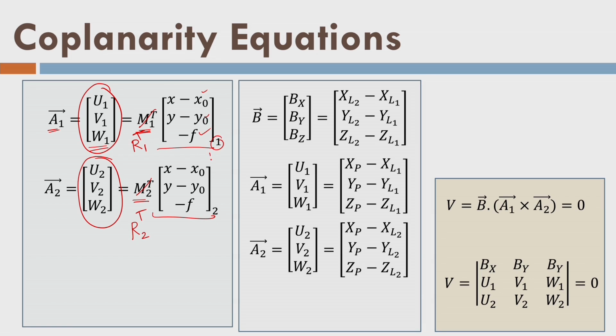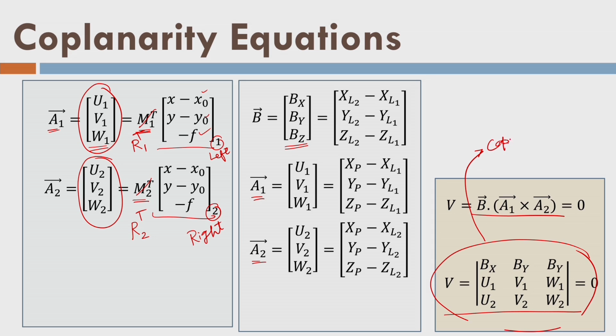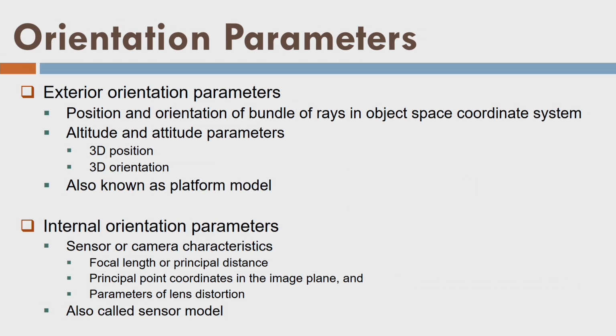So, it is the first image or what we call the left image, and that is the second image what we call the right image. So, I got this B matrix as Bx, By, Bz like this, and A1 matrix, A2 matrix. So, if I put like this, I will get this determinant equal to 0. Refresh your 12th standard matrix knowledge, you will get this one, and this is called the standard coplanarity equation. Because it will lead finally to 3 equations, we call it coplanarity equations. Now, we understood what coplanarity and collinearity are.